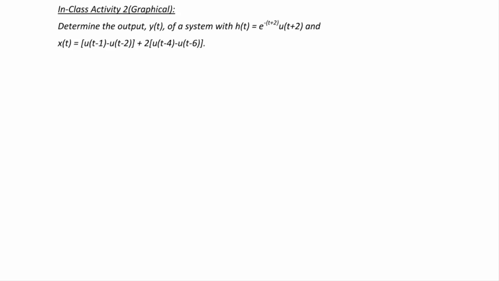Let's look at another example. Determine the output y of t of a system with h of t equal to e to the negative t plus 2, u of t plus 2, and x of t equal to u of t minus 1 minus u of t minus 2 plus 2 u of t minus 4, u of t minus 6. As we did before, we're going to sketch x of lambda, and we're going to flip and slide h of lambda. So x of lambda